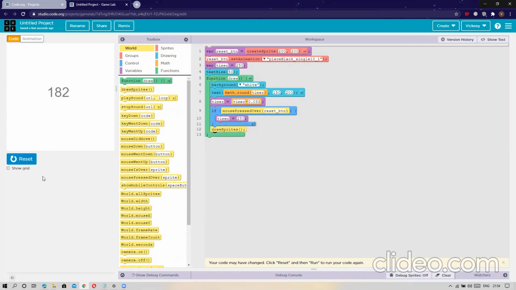Now we will make it run. As you can see, the button over here needs its coordinates changed so that the button can come down or go up.